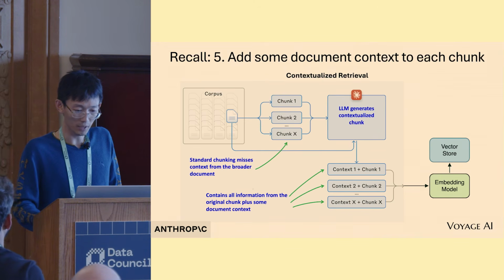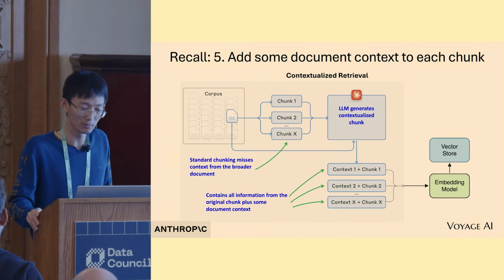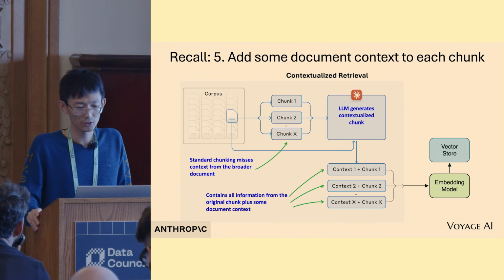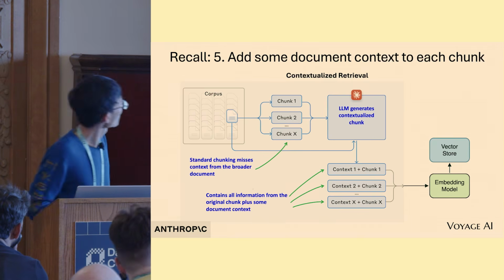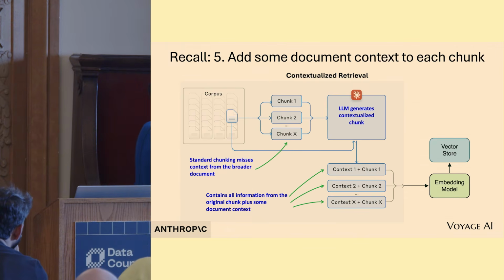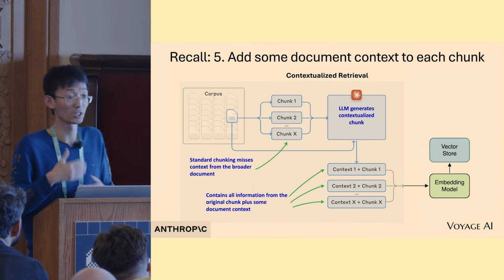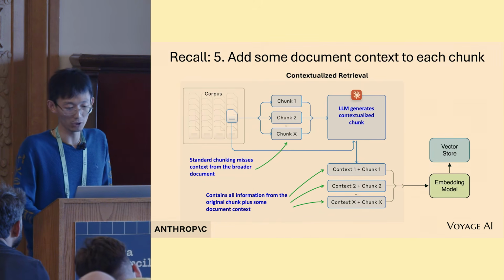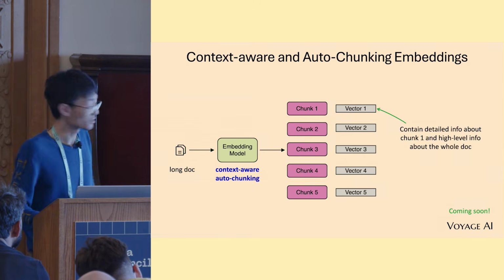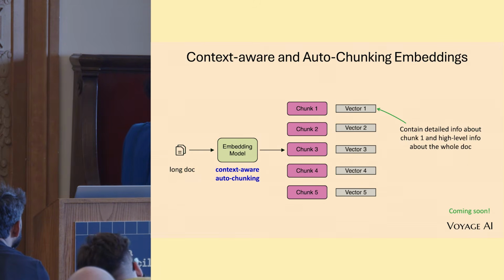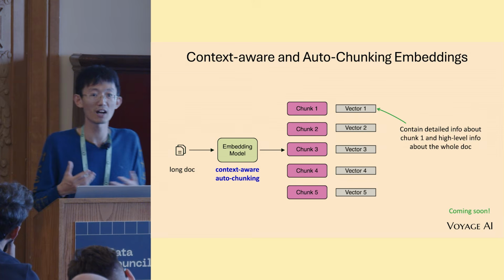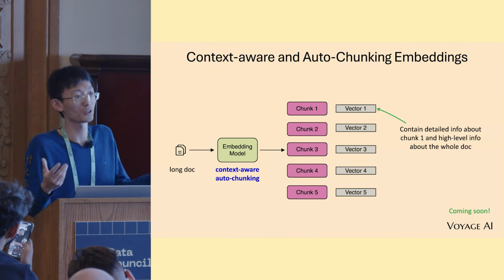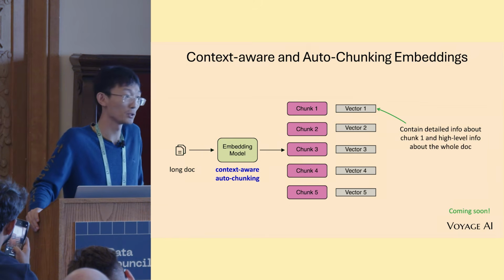Okay, moving on to the next one. This is about a future product we are going to release in 1 or 2 months. Recall that when Anthropic proposed contextual retrieval, they used a large language model to generate context, so that each chunk can have some global information about the other chunks. I think this is a great idea, but it could be simplified even more. The embedding model should be able to figure out the global information if you send the long document to it. It doesn't have to involve a large language model. The embedding model also has a transformer under the hood, so it should be able to do this as well.